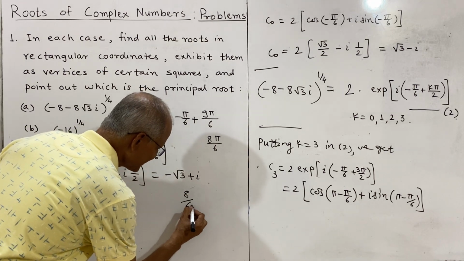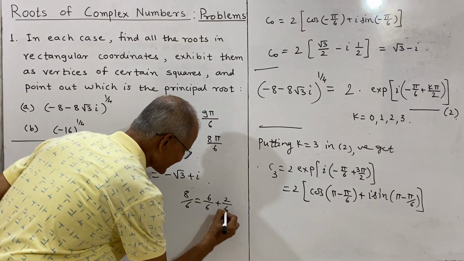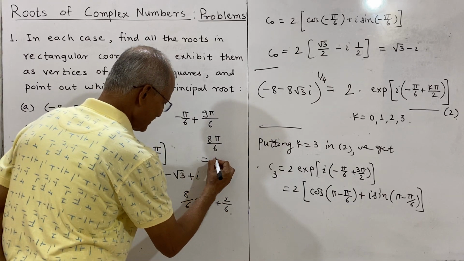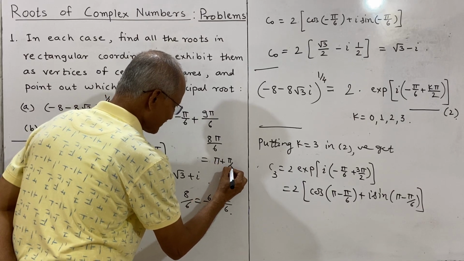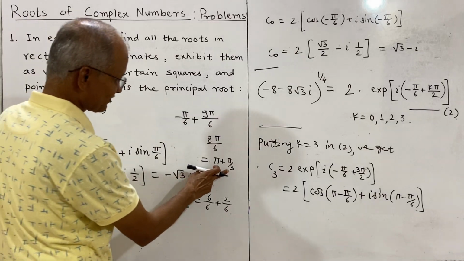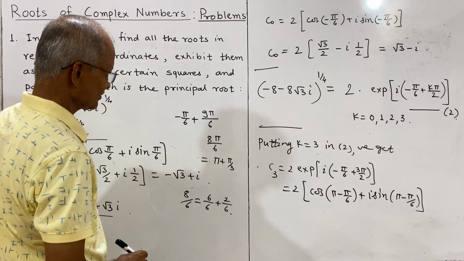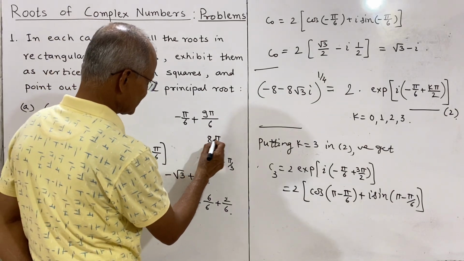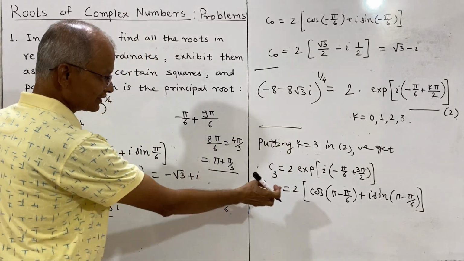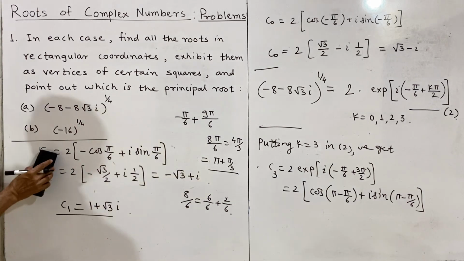So 8 by 6 we have to express as 6 by 6 plus 2 by 6, and 2 by 6 is 1 by 3. So this will be pi plus pi by 3, the angle, and that is 3 pi plus pi, which is 4 pi by 3. So it is the same 4 pi upon 3, and therefore we will write this as pi plus pi by 3, and this C3 is 2